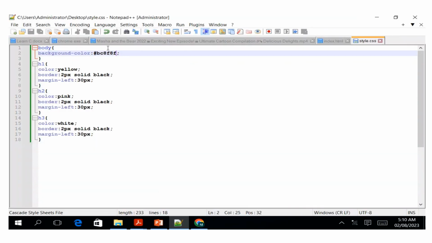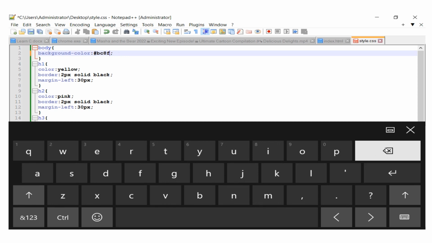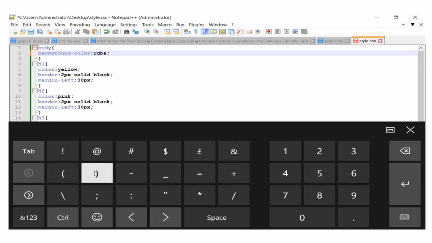So under this I can come here, and from here I can give the RGBA, and inside the RGBA I can give different colors. Let me give this color to where I have this, and where I have this, maybe this yellow,